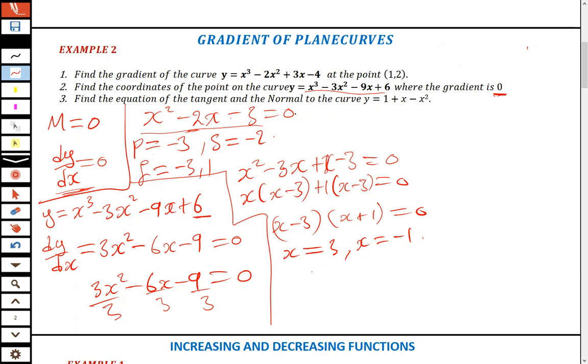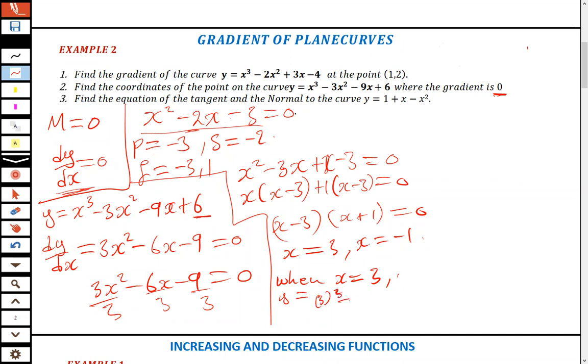So having found the values of x, this means that these are the values of x on this curve at the points where the gradient is equal to 0. So let us find the values of y. To find the values of y, you say when x is equal to 3, then y will be equal to, in this function, you replace wherever there's x with 3. So y will be equal to 3 squared,